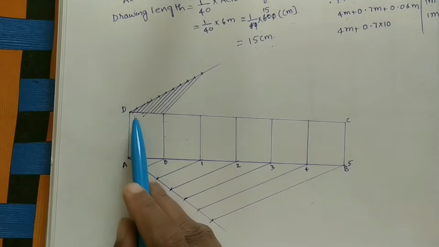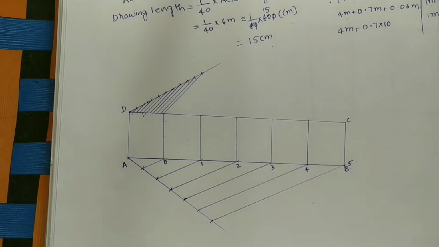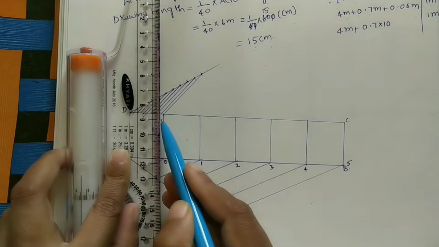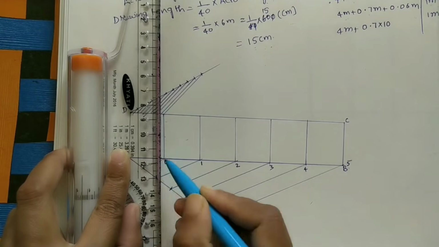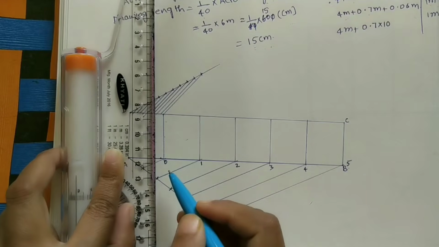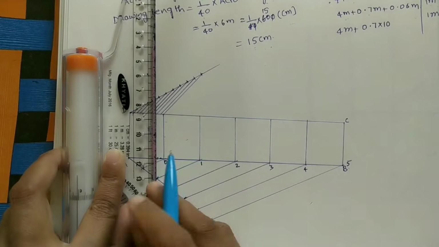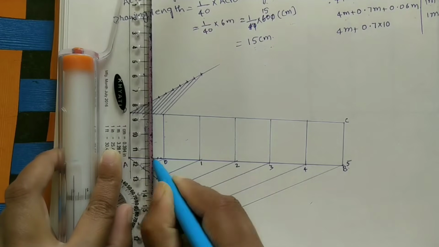Okay. So mark these intersection points also on this line. How to mark the intersection points? Take one of the lines as the reference line. Take the first point here. Okay. Mark this side. Don't do the line. Just mark the first division. And then second division here. Third division.